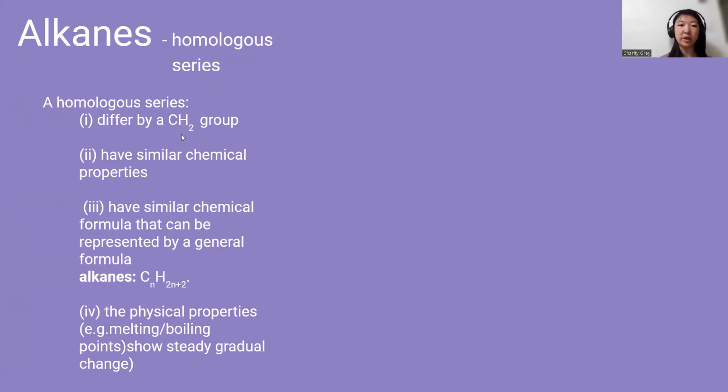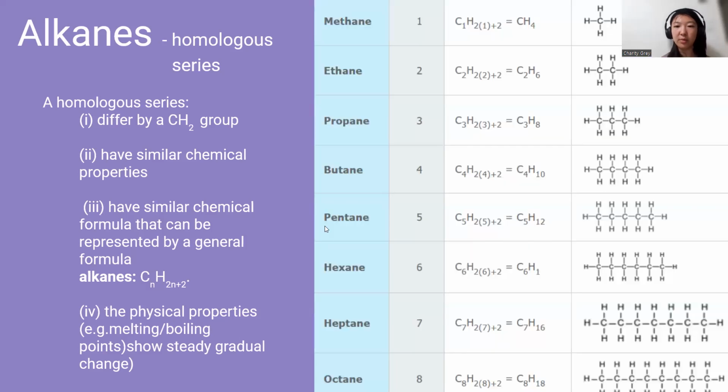Now let's talk about the homologous series. At this point in the lesson, you're already really familiar with it. You can see the definition here, but really what it means is you have methane, and then the next one in the homologous series is ethane, then propane, butane, pentane, hexane, heptane, octane, and then not pictured here is nonane with 9 carbons, and then decane with 10